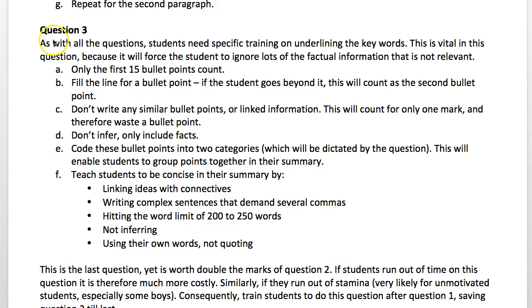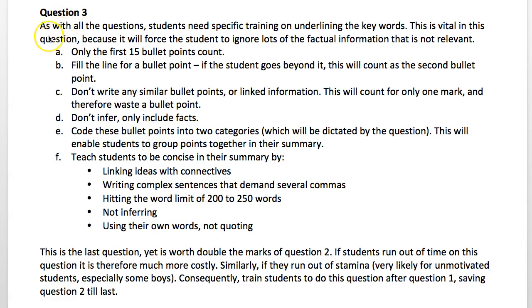So don't do it. Right, advice for question 3. As with all the questions, you need specific training on underlining the keywords in the question. And this is particularly vital in this question because it will force you to ignore lots of the factual information that is not relevant. Because you have to find the correct 15 bullet points, the correct 15 facts, and there's probably another 15 facts in your passage that are not relevant. So it's vital that you underline the keywords in the question so you know exactly which sorts of facts you're